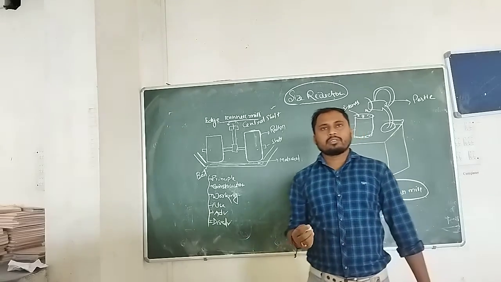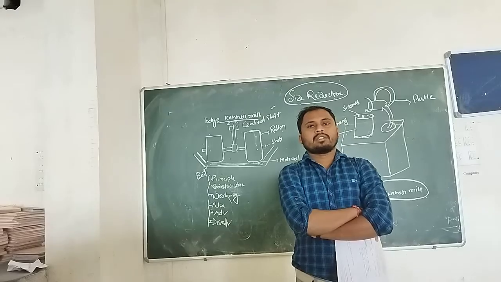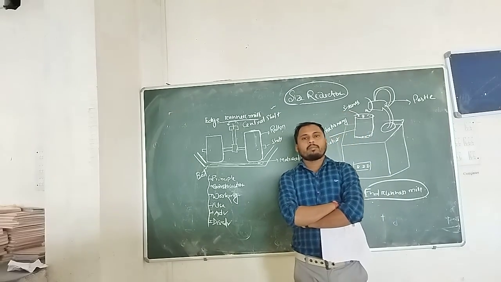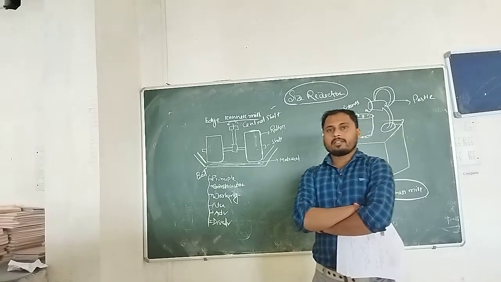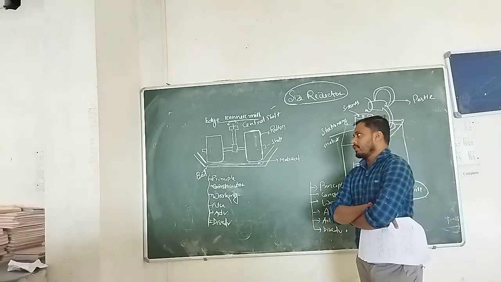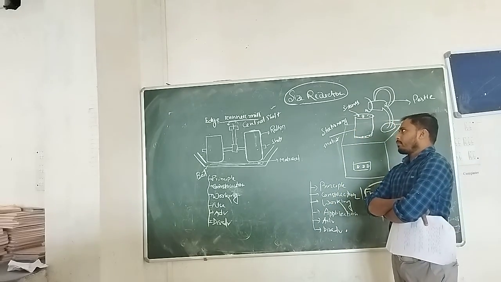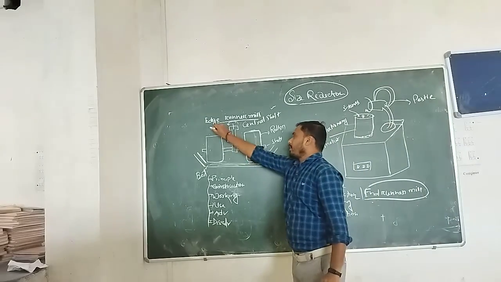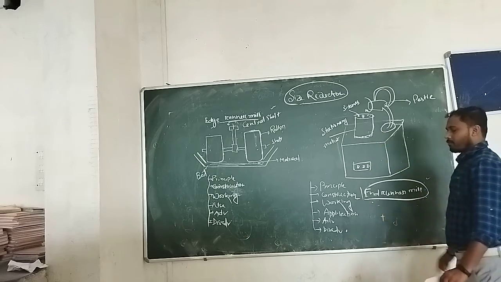So in previous class we discussed the working principle, construction, advantage, disadvantage, and application of hammer mill, ball mill, and fluid energy mill. Today we are completing the last portion of this chapter, that is two important machines or mills used for size reduction purpose. First one is edge roller mill, and second one is end roller mill.